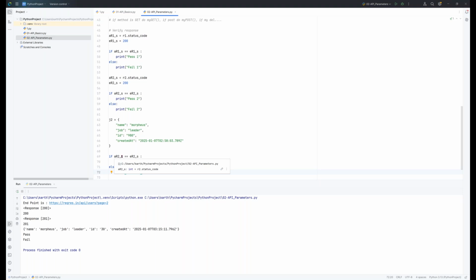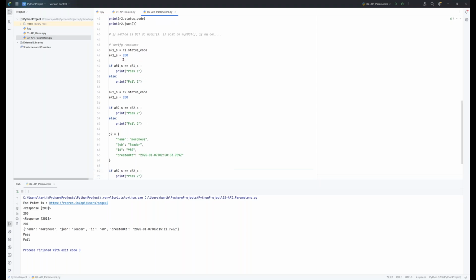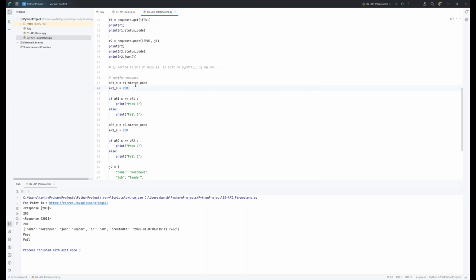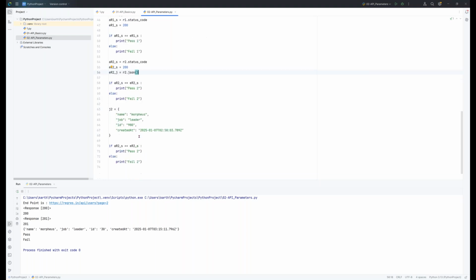And R2 underscore JSON. So here, I'll just say R2 underscore J, which is for my JSON data, it was R2 dot JSON. And this is a method, in fact. Everything else is a parameter. I don't know if they're taking additional parameters for us to test, but not in this case at least. So this is R2 fail too, okay, J2. So here,